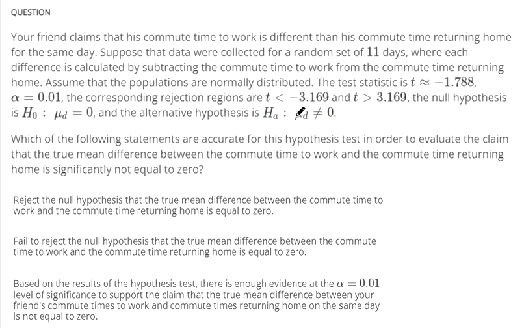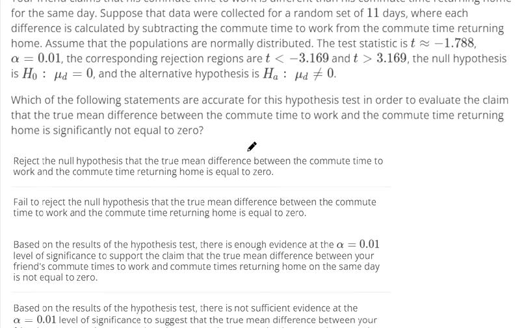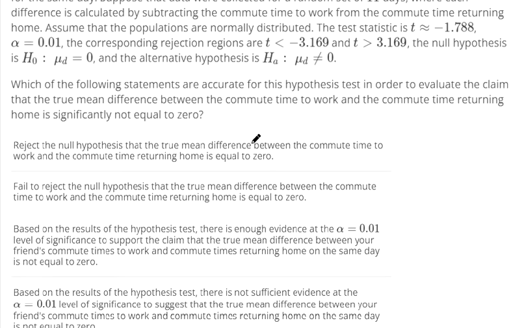Okay, let's see. They give us a test statistic. Rejection region. They didn't tell us a p-value. Maybe we'll have to compute it here. Which of the following statements are accurate for this hypothesis test? In order to evaluate the claim that the true mean difference between the commute time to work and the commute time returning home is significantly not equal to 0. Man, that's a mouthful, but it sounds like they're just saying